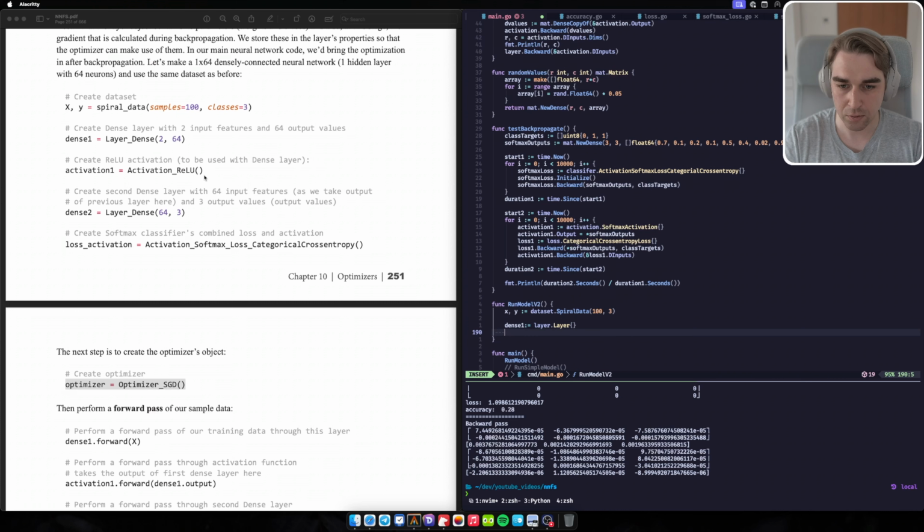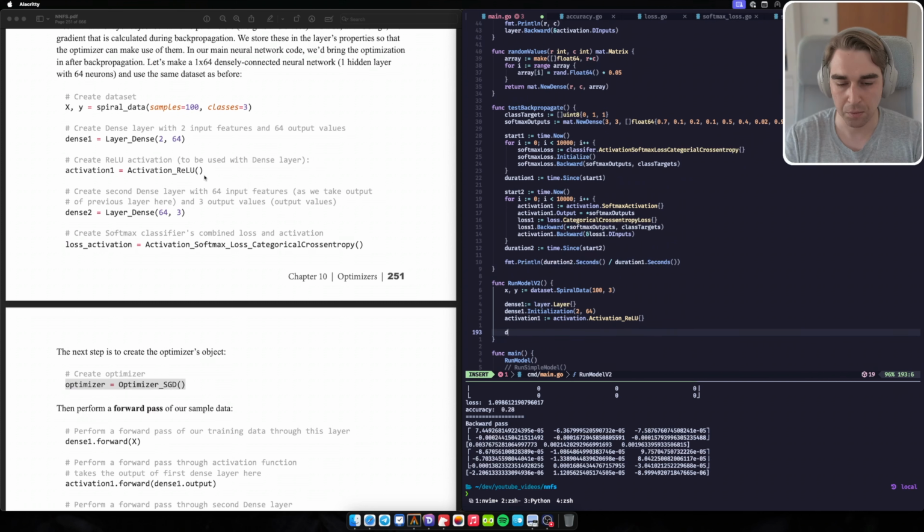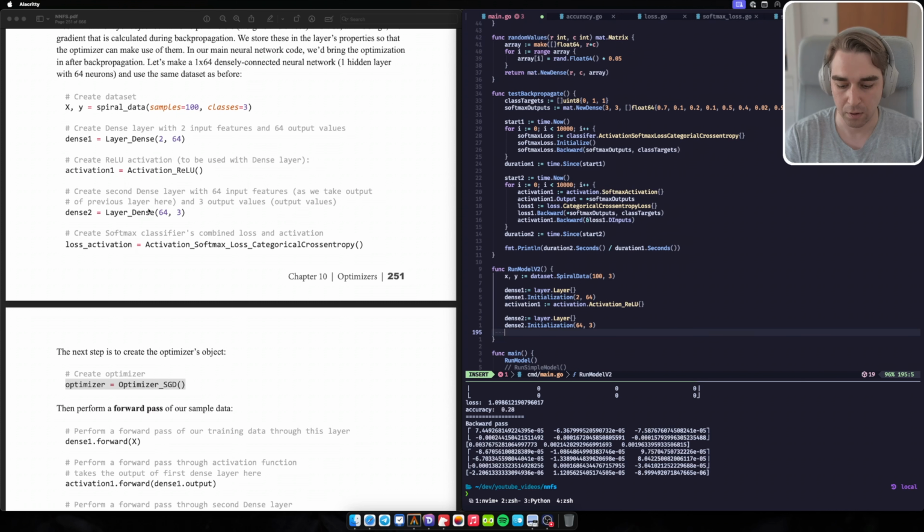Layer, we need to initialize it. We have 2 inputs and 64 neurons. I have the activation one, and that is the ReLU activation function. Then I'm creating the output layer, which is again the layer struct. I need to initialize it again, and here we have 64 inputs and I think 3 outputs. Correct. And then I have loss activation,